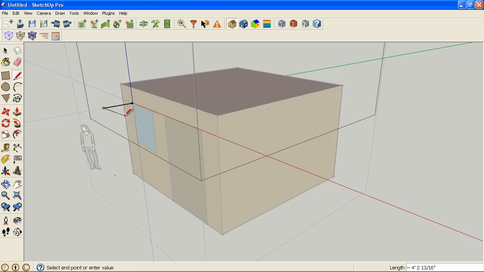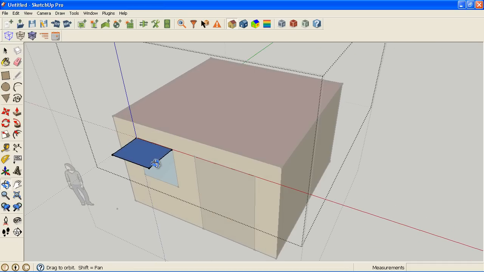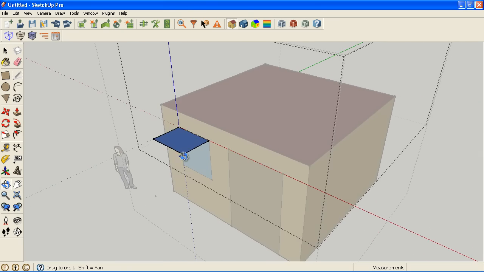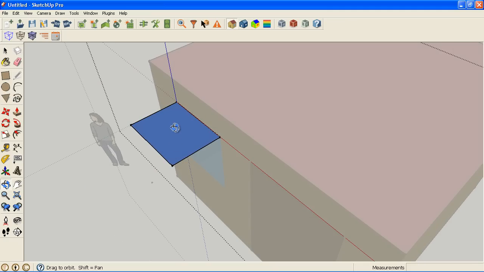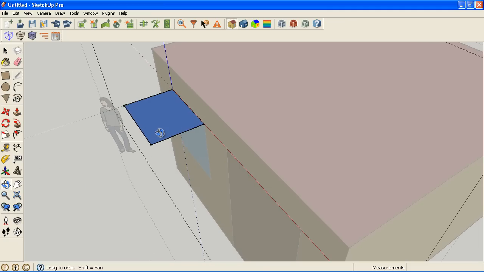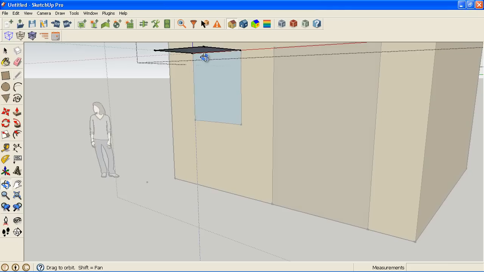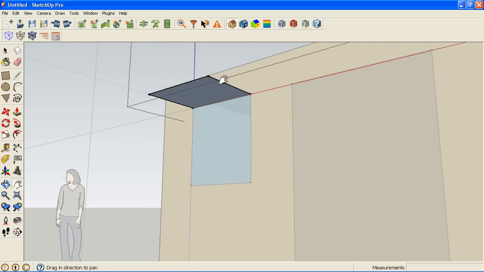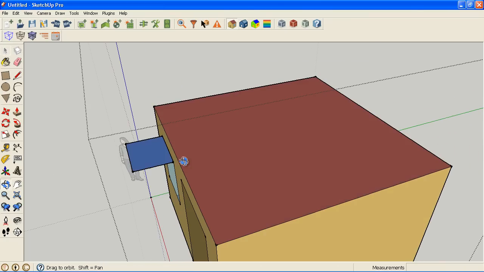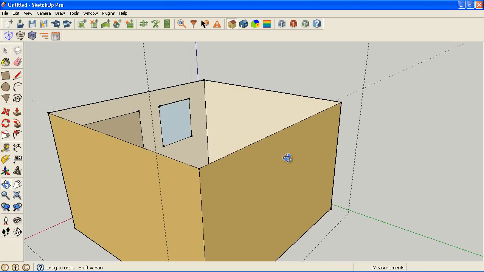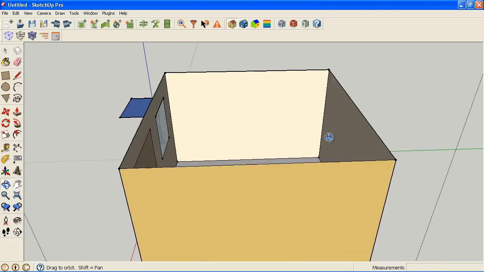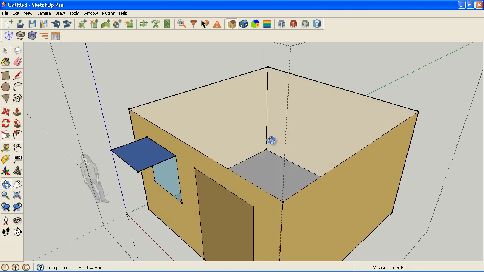I'm going to use SketchUp's inference tools here to help me size my shading device, shading surface, to be what I want it to be. And so I now have a shade over my window. And something I didn't mention before, but all of our surfaces have a front and a back. And the front side, the outside, is a darker color, and then the inside is the same color, but just kind of faded back. And so that same thing would happen if I hit our roof and look inside versus outside. So if a surface is for some reason reversed, which is very meaningful, it'll be evident from that.